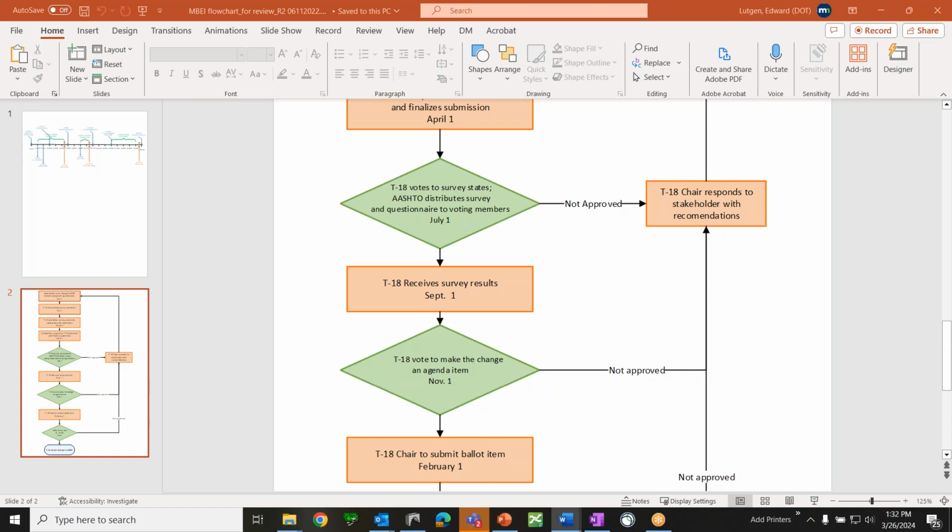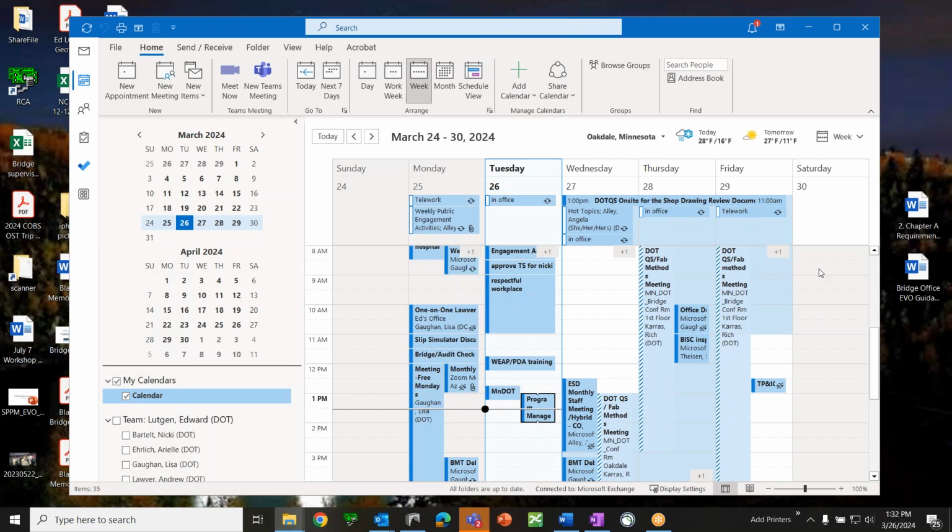I guess the general response would be, let's see here, I'm having trouble locating the exact responses. But generally speaking, the vast majority of the states approved of these new elements. And so the committee went ahead and created a new ballot item, and that's going to be balloted this summer in